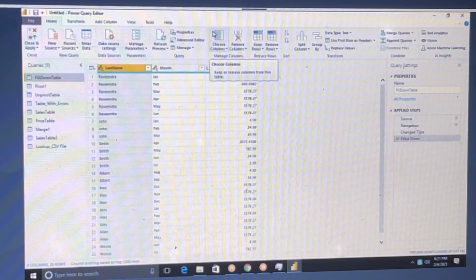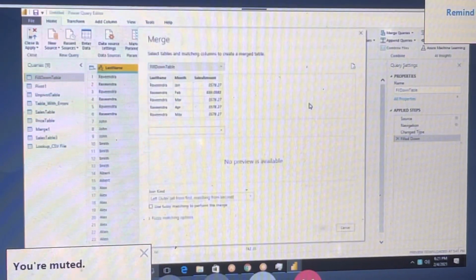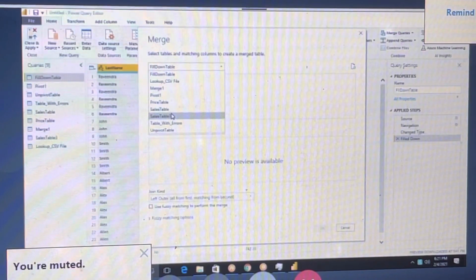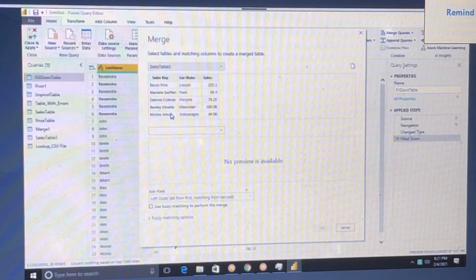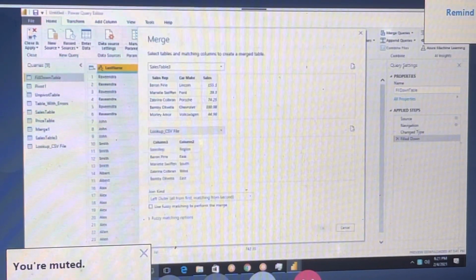Go to home, merge queries, click on merge queries as new. Select that table, sales table 3, and CSV lookup.